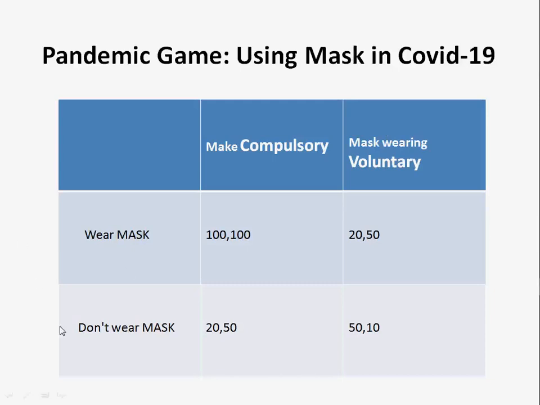On this side, if you can see the cursor, these are the choices available for the second player, which is US citizens, particularly Trump supporters, the people who support the Republican Party and are adamant on not wearing a mask. The citizens have two choices: either wear a mask or don't wear a mask. On the part of these people, they always prefer not wearing a mask to wearing a mask.